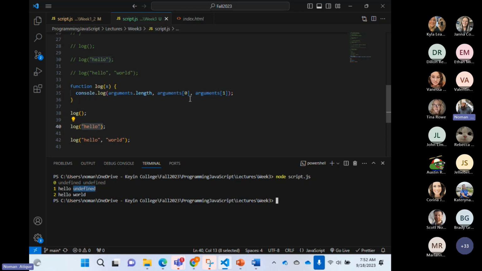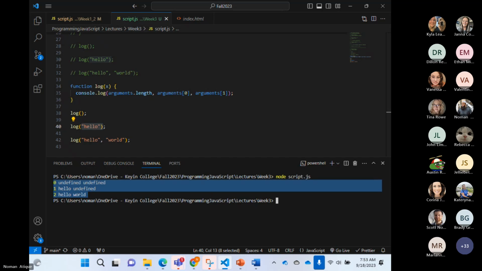Wonderful. Tina says yes. So you guys understand that it actually creates an arguments array over here, and you can access that arguments array. Do you see that it shows undefined because there is no parameter? Here it shows hello and undefined because the first parameter is there. And here it says hello and world because now there are 2 parameters. Are you guys getting that one? I hope you are understanding what is going on over here, because I'm about to tell you something very